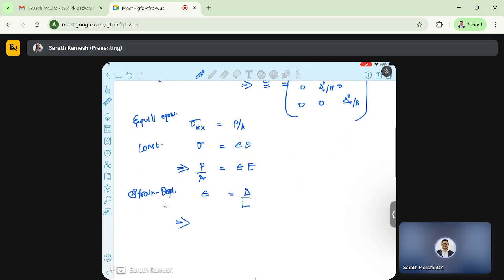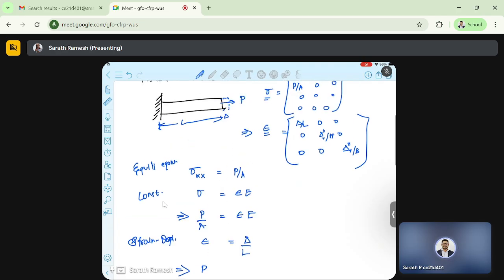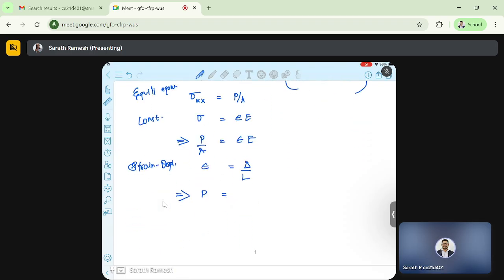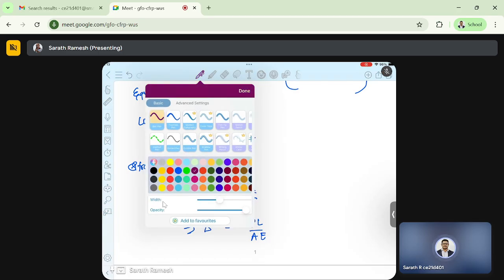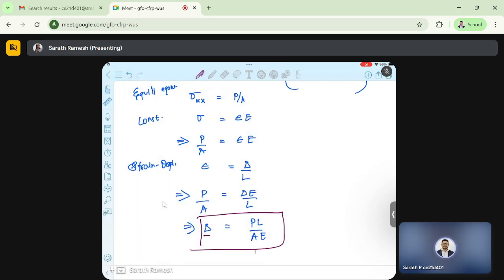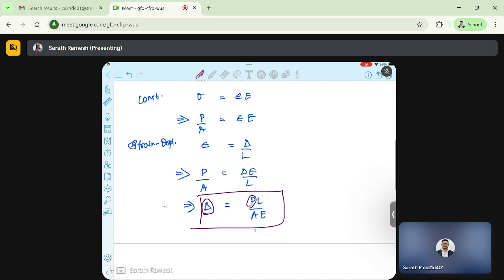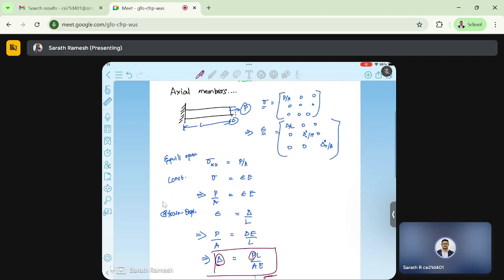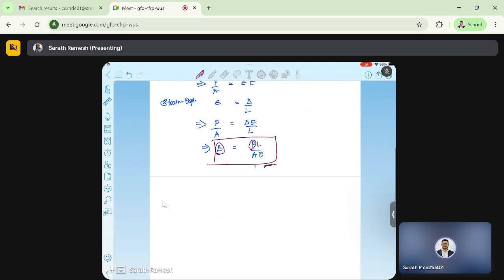Now, when we substitute it back, see, our aim is to relate this P with delta. We cannot do it directly. That's why we are using these concepts indirectly. So, P by A equal to delta E by L. Now, this delta will be equal to PL by AE. Okay, this is the formula for displacement for a given force. This is the relation which connects P with delta. Fine. So we will use this particular formula in all the problems that we are going to solve one by one. So we will see some variety of example problems